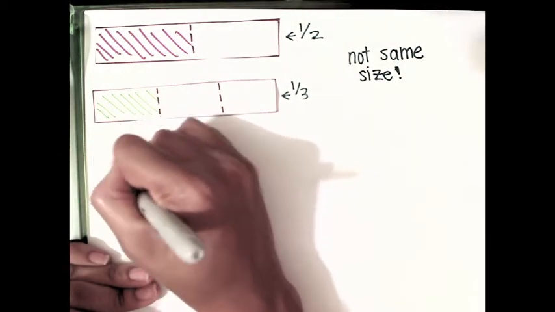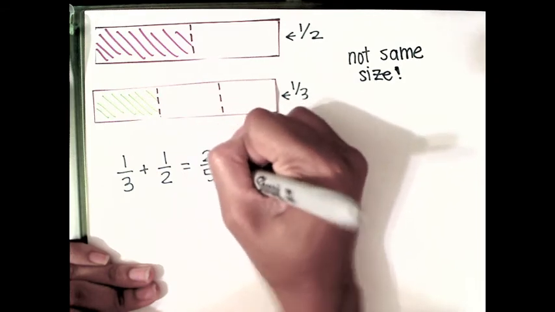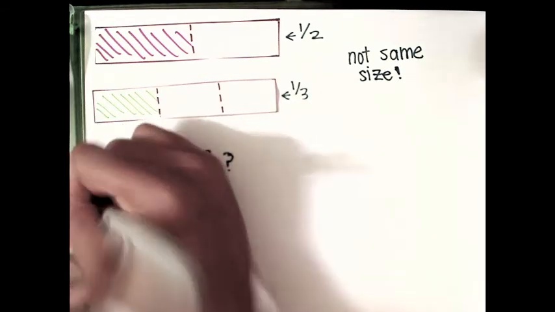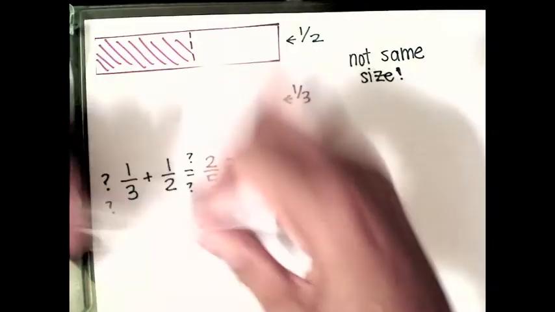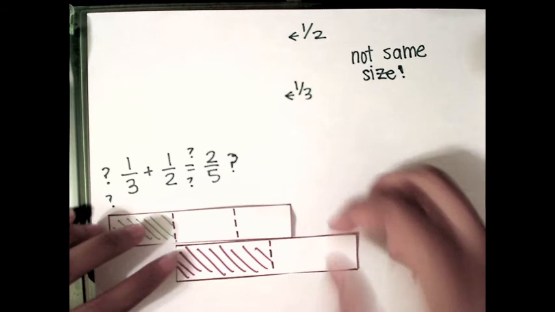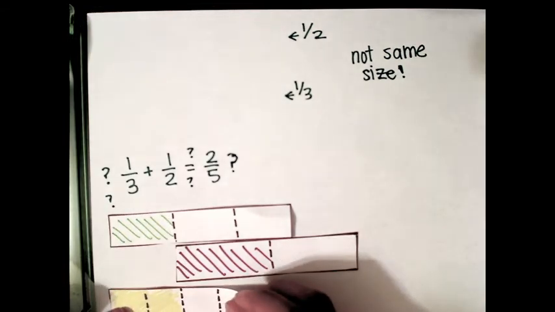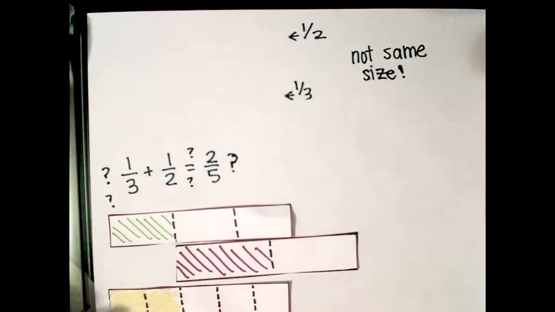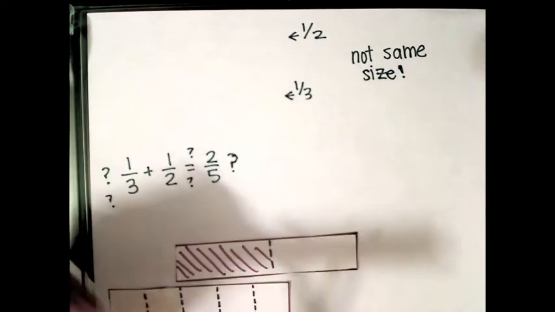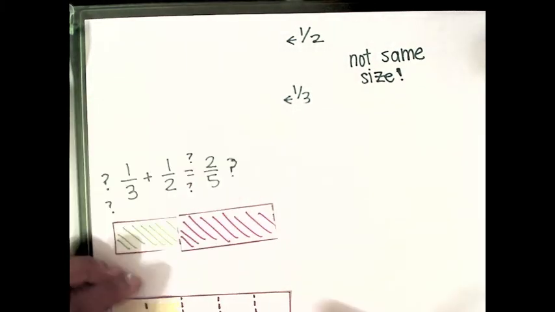What many people like to do when adding fractions is just add across. They say 1/3 plus 1/2 equals 2/5. That would mean that 1/3 plus a half would be the same thing as 2 pieces of a chocolate bar divided into 5 slices. If I compare these two things together, if I just take my 1/2 and add 1/3,